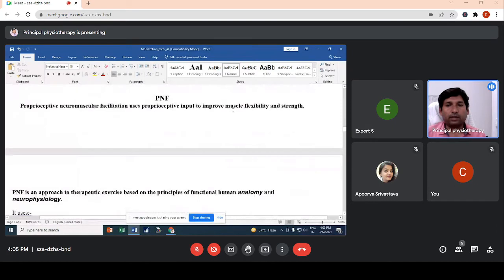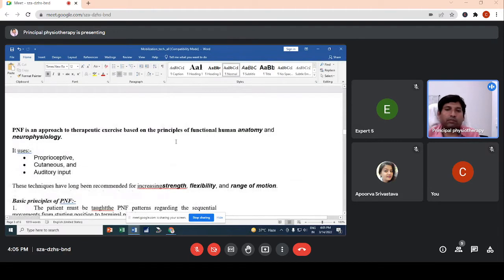Again, PNF technique is a very popular technique both in orthopedic physiotherapy and neurophysiotherapy. It is known as proprioceptive neuromuscular facilitation. We use proprioceptive input to improve muscle flexibility and strength. इससे मसल्स की हम स्ट्रेचिबिलिटी इंप्रूव करते हैं और स्ट्रेंथ भी इंप्रूव होता है।